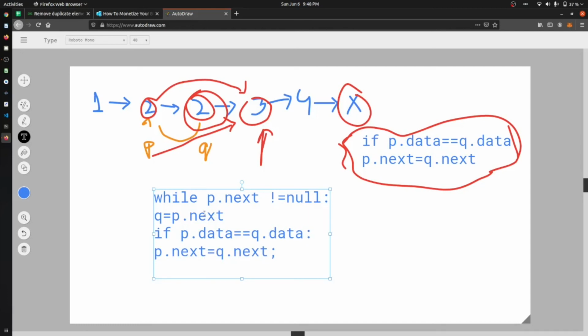We have solved our problem. And if this does not happen, if the if is not going to happen, then we will just say p is equal to p.next. So this will also solve our question in order of n time.